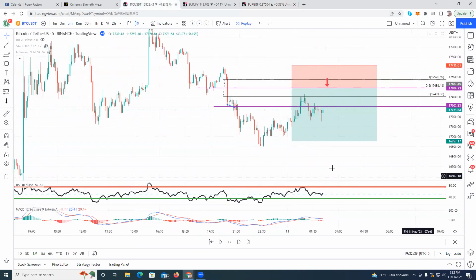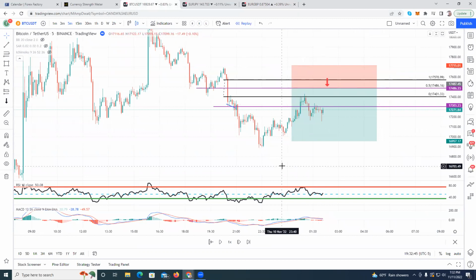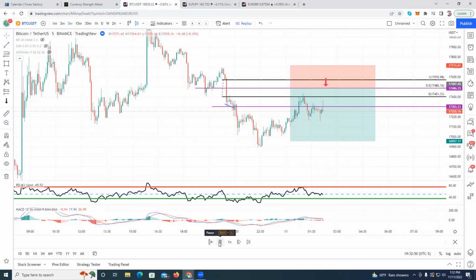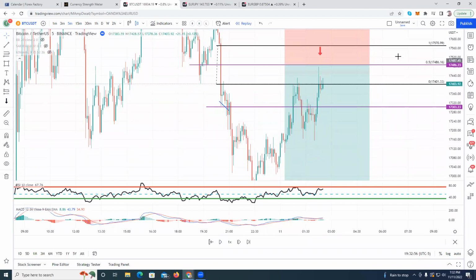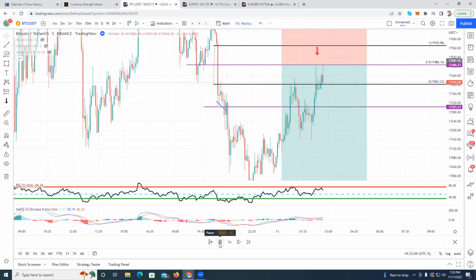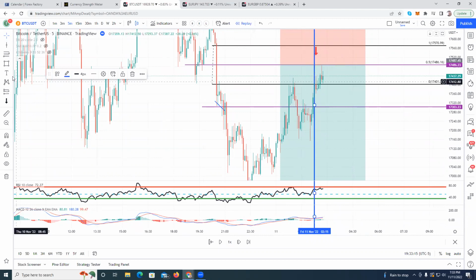BTC USDT yesterday, we were waiting for this trade. We were waiting and waiting and waiting for price to come back up to 17,486. Let's play it out, see what happens. Price almost hit it, but to be fair, it did not hit it. So we're gonna continue to play it out. Some of you guys probably took it there and cleared it. And then others waited for the exact entry and still cleared it, right? So when I say patience is everything, it really is, guys, because yeah, we missed it on our session, but